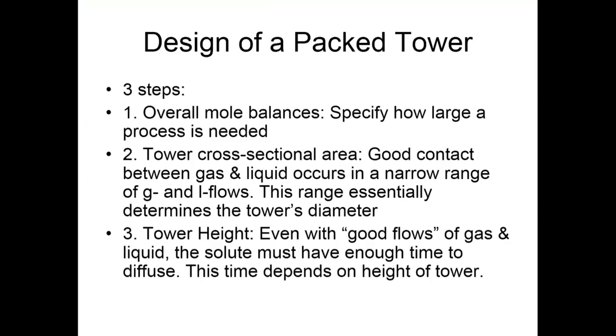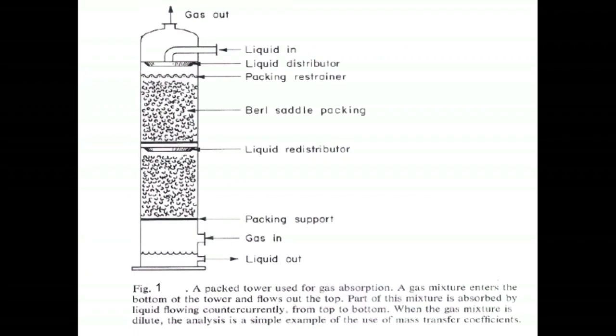Now it turns out, and maybe I can spend a few minutes here to repeat one of the questions I remember I had asked. Imagine that we have a certain liquid flow rate here. This can be done in a laboratory. You have a small packed tower with known cross sectional area and height, and you have packings. And let's say you start with a certain flow rate of liquid which trickles down this and comes out. And here at this end, instead of actual gas separation, you introduce air whose flow rate could be increased. It comes here and goes out here.